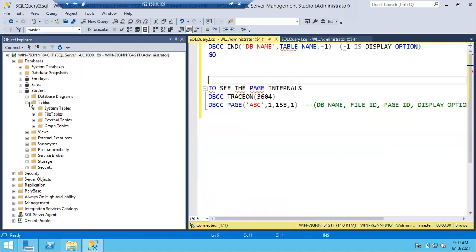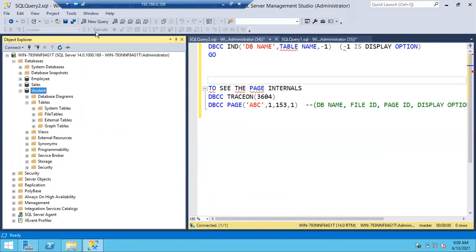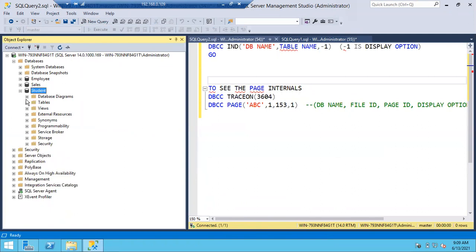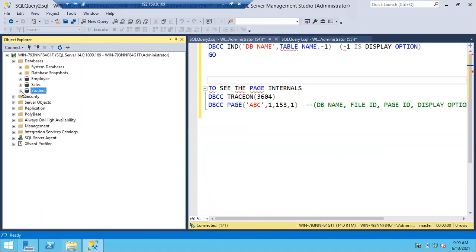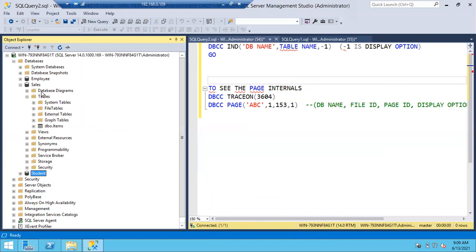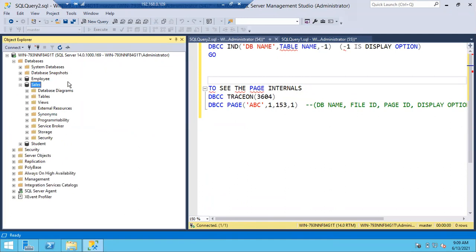So now I want to see, are there any tables in the Student database? No tables. Let me go with Sales. Here I can see only one table, as I have truncated all the Student tables.